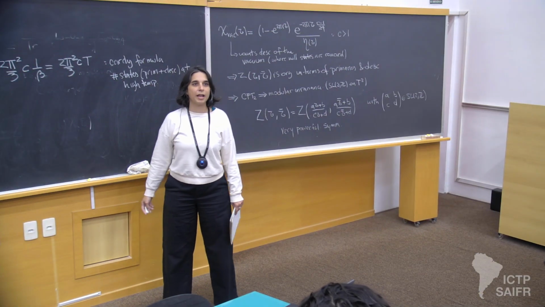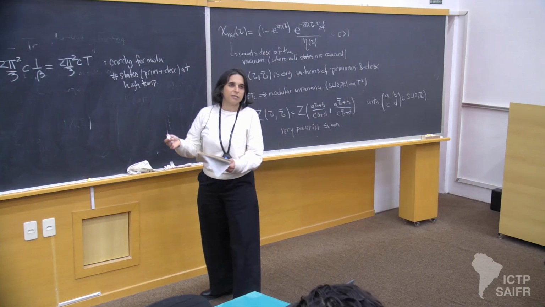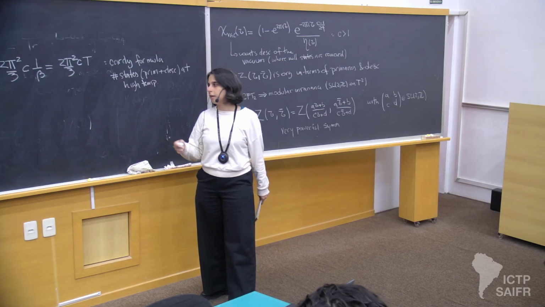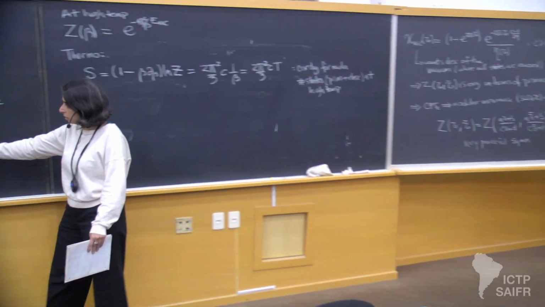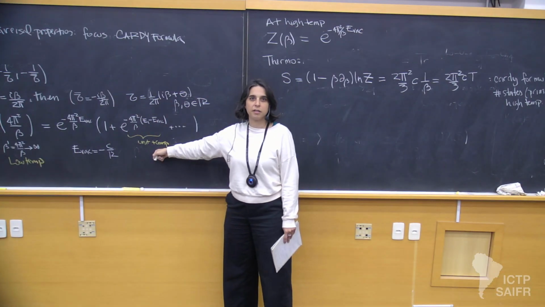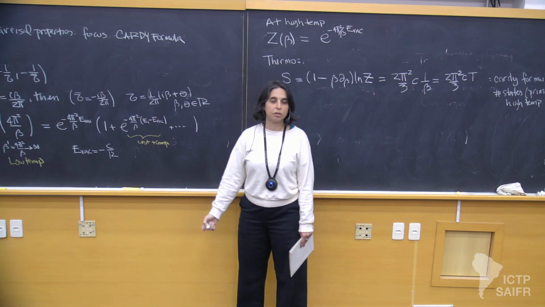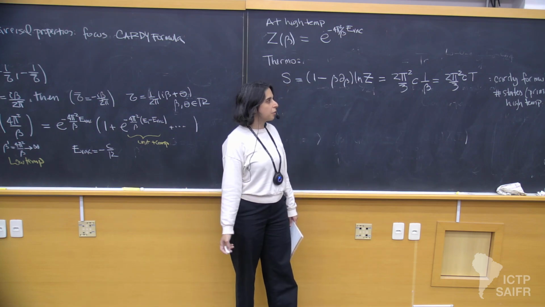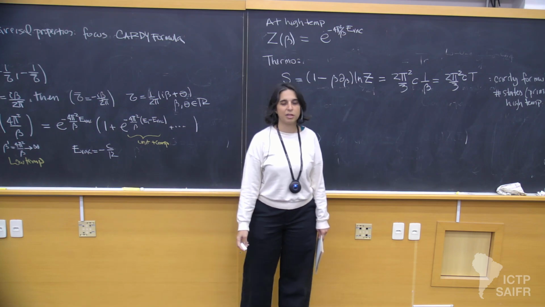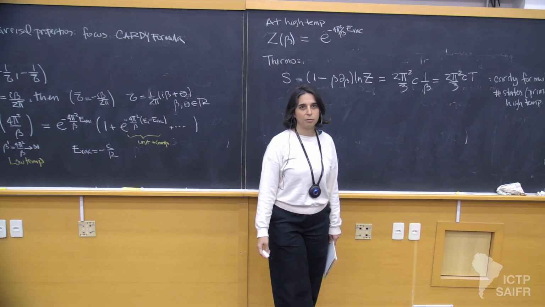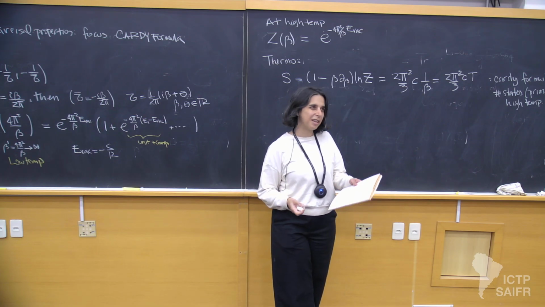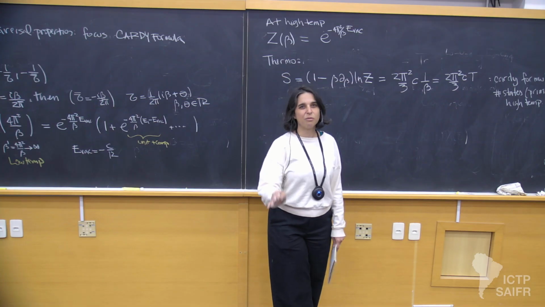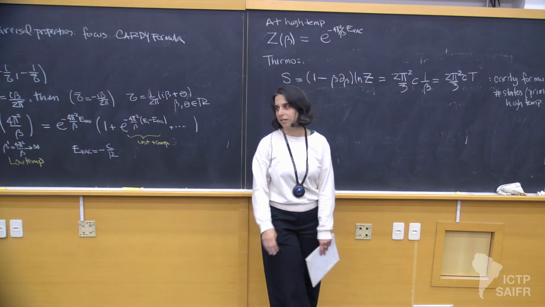There's nothing wrong. Many of these things, that's why I said the only thing that I used here was unitarity and compactness. I didn't tell you that I used that C was bigger than 1. Some of the equations that I'm writing assume that C is bigger than 1. C equal to 1 is a limit, and you have to be careful because it's also a limit of the minimal models.